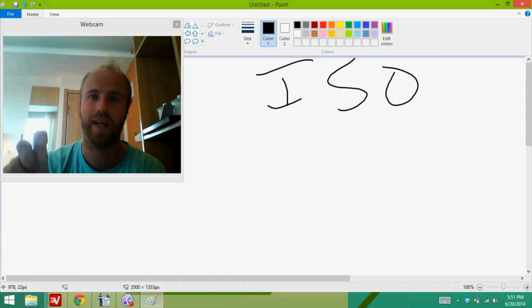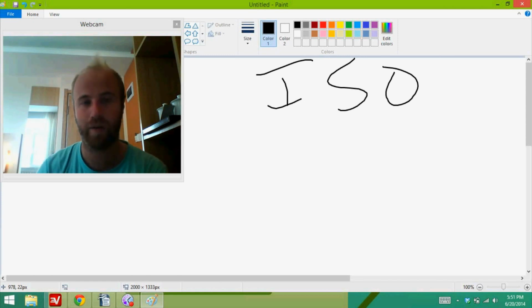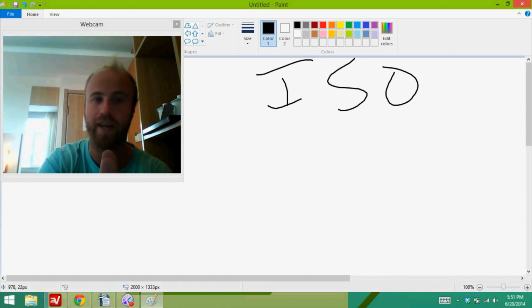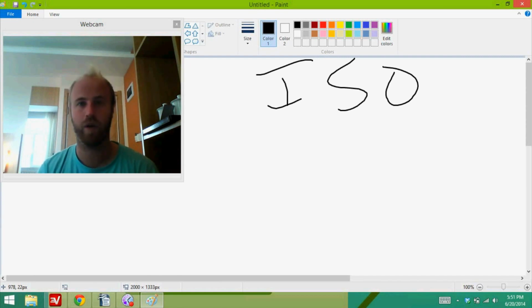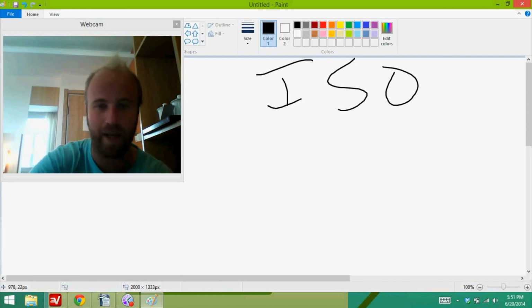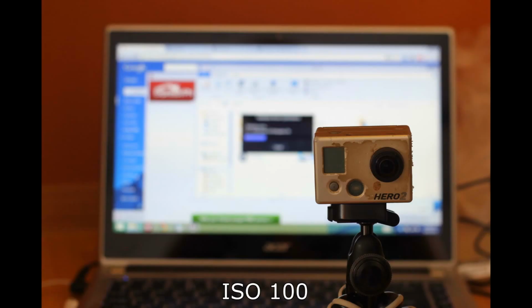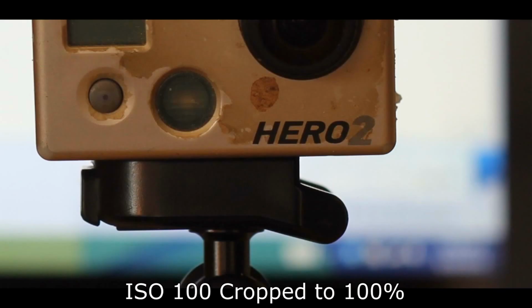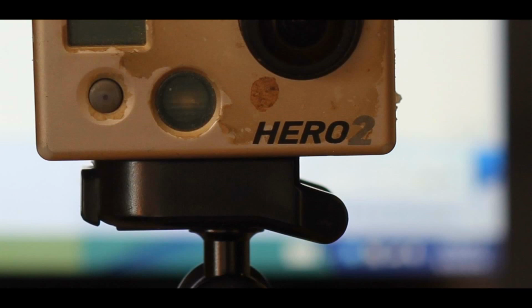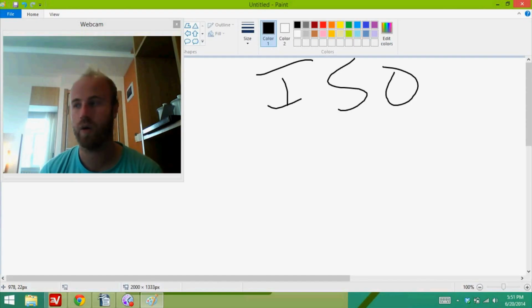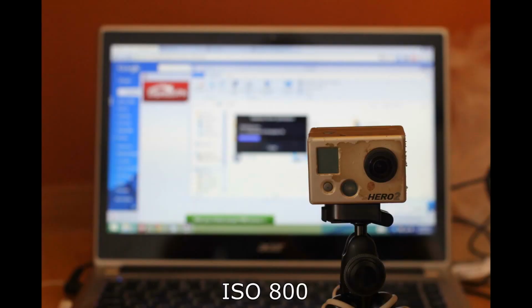When you put the roll of film in the camera, you had to choose an ISO: 100, 200, 400, 800, 1600, whatever you wanted. And the quality was generally way better the lower the ISO. So when you're shooting at ISO 100, that's probably the cleanest image, you get a nice glossy image, so your photo doesn't have what we call noise or grain in it. So I'm going to shoot an ISO 100 image here, and I'll show you zoomed in, there's no grain or very little grain. Now, if we shoot an ISO 800 image, you start seeing a lot of grain,